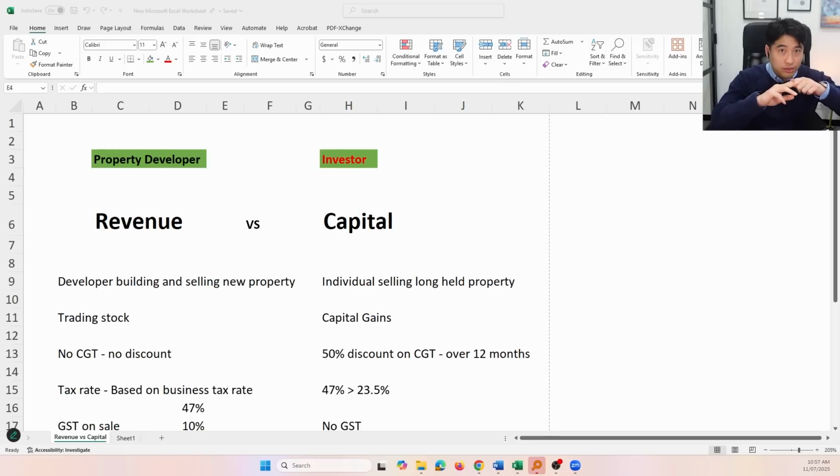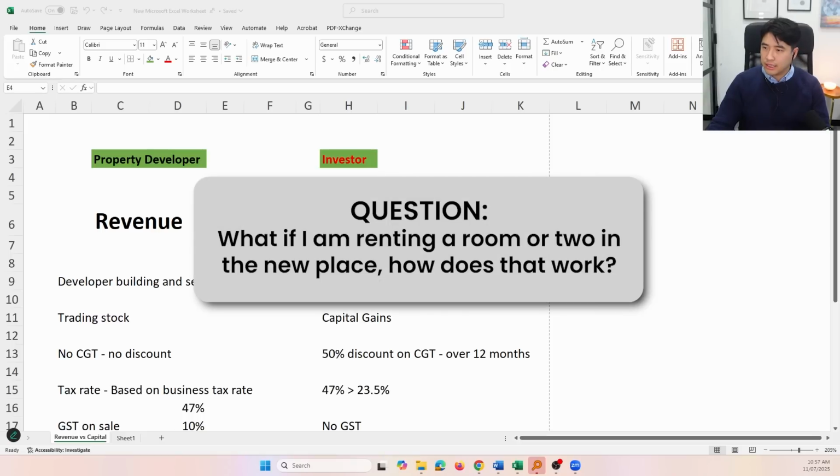You aren't renting it, so we can't let you claim it against rental income because you have no income. And then the second one is you haven't sold it yet, so therefore you can't claim it. Yeah. So I think it's a myth. Like, yeah, you can claim it, you just can't claim it on any income because you haven't made any income on it. Cool. All right, Ali, what if I'm renting a room too in the new place?